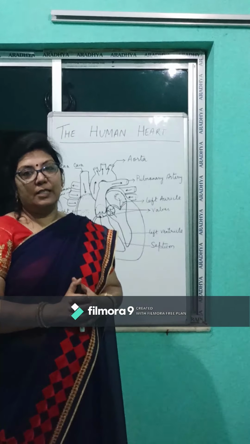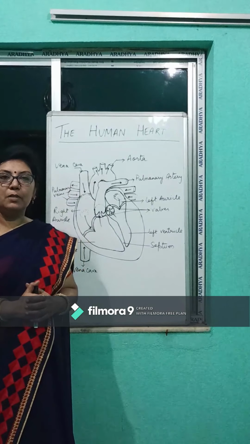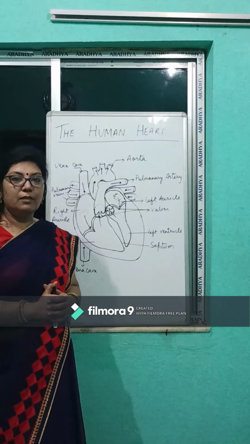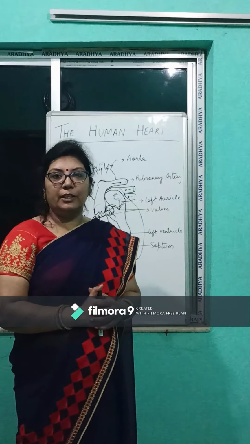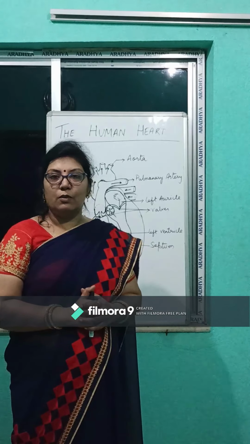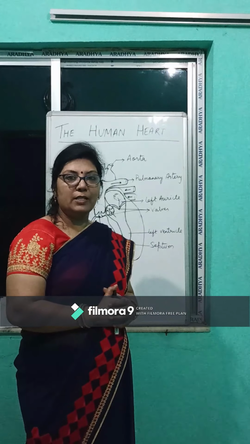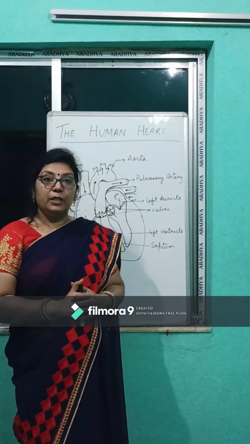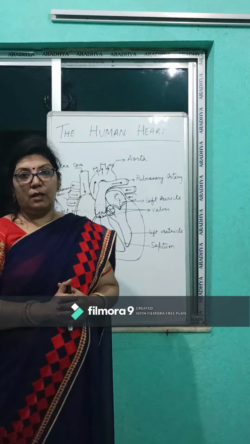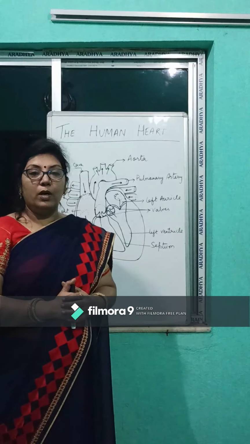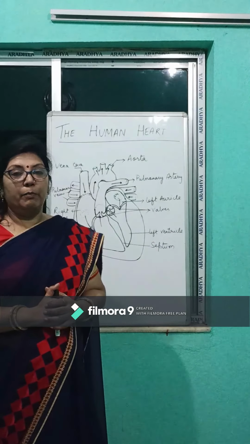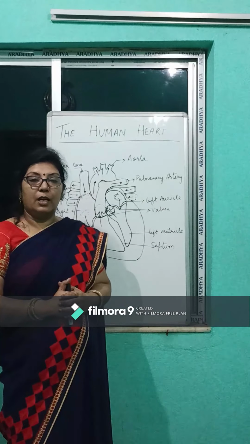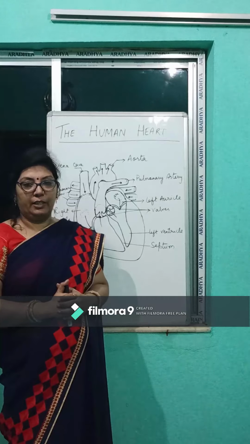The heart is a pumping organ. It pumps blood into the blood vessels. It is located in the thoracic cavity, slightly towards the left. It is the size of one's fist and shaped like a comma. The heart is made up of cardiac muscles. These muscles work tirelessly, and because of these cardiac muscles, the heart works continuously day and night.